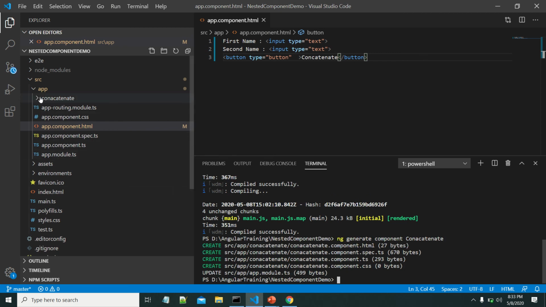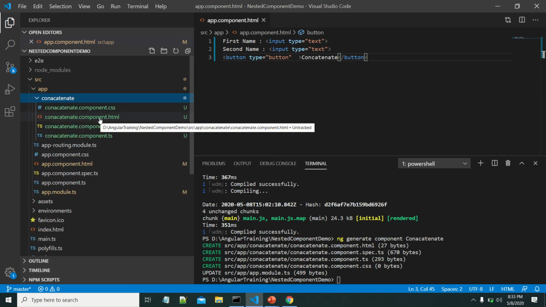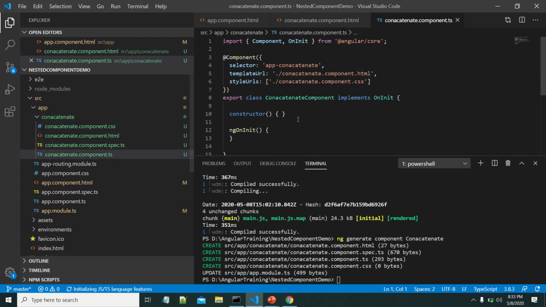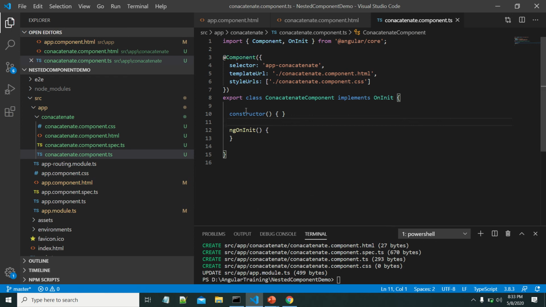Okay, concatenate is created. This is the child component. Let me add some methods and properties here. Full name is one property. This is string.